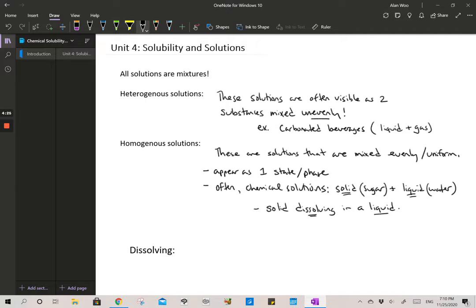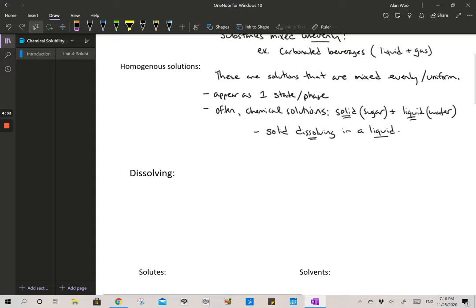So that leads us to another issue. What does dissolving actually mean? Well, in previous classes, I've mentioned that dissolving is very different from melting. To a child, it may seem like dissolving is melting because you take something that's solid and all of a sudden it's a part of a liquid, or it becomes a liquid, which is actually inaccurate. So we have a different way of explaining what dissolving means. If we look at it from the molecular level, dissolving simply means,